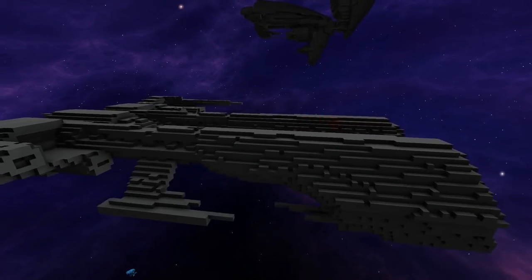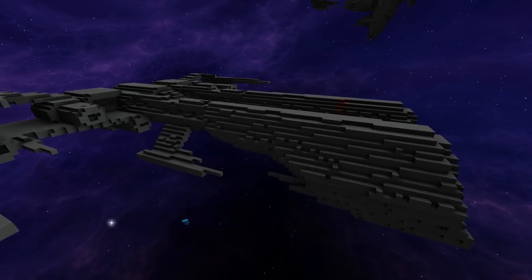Nice. Okay, anyway. So as you can see, we have an Amarr Rifter. I have some red hull on